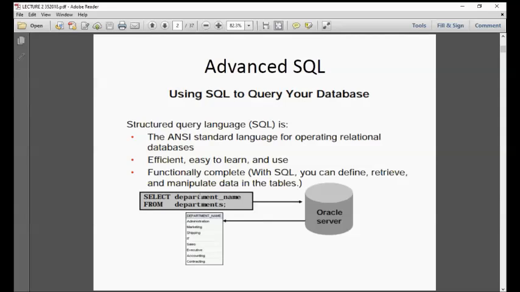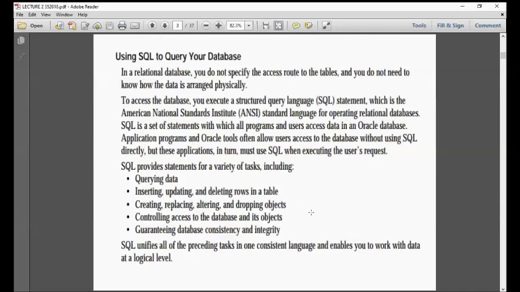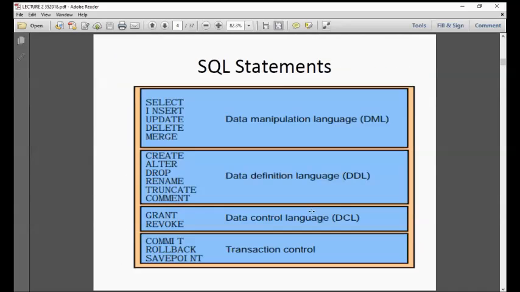So if you want to see the department name in departments, use this command. Select whatever it is you want, the column name, from what table you want. And what are we using? The Oracle server.